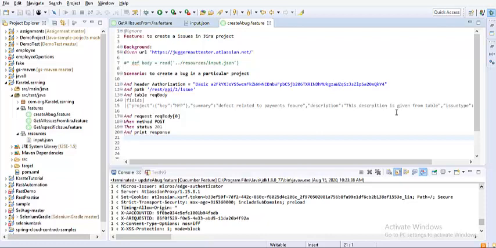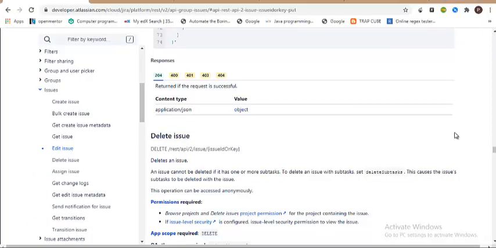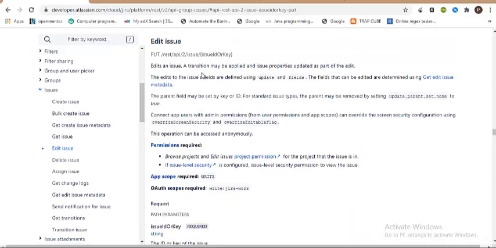So let's discuss how Karate's call read function works. Before that, let's get into the documentation part of Jira, and see how the update call works. You have something called edit issue. This is the endpoint they are expecting us to invoke, and the HTTP method that we should apply is put. So rest slash api slash 2 is the version, then issue slash the ID which you are trying to update.